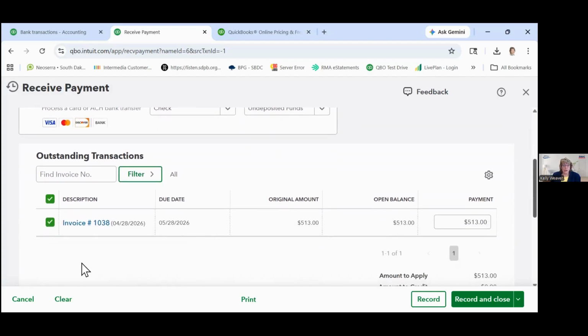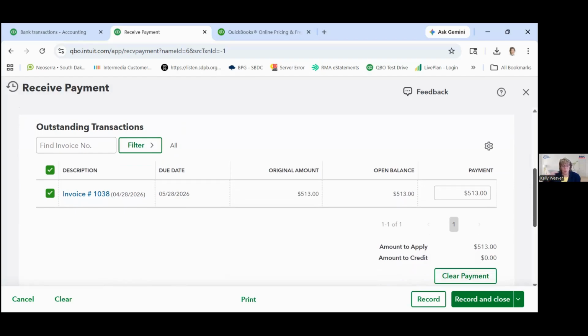And we're recording the payment of this invoice. It already knew that invoice was there, and it already knew we were paying that invoice because the amount received of $513 exactly matched this invoice. If the customer has multiple invoices, it's still going to match. It's going to first look for an exact amount and match it with that. Or it will say, it doesn't match any of my invoices, so I'm going to apply it to the oldest invoice first. You can change how they're applied if there are multiple ones there, but that's the mindset QuickBooks is going to use. First, it looks for an exact match. Other than that, it looks for the oldest invoice first.